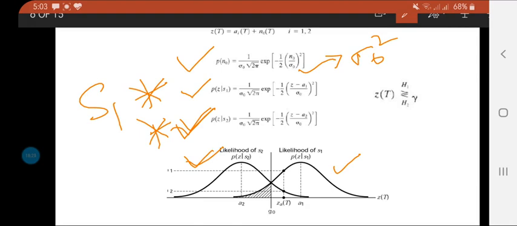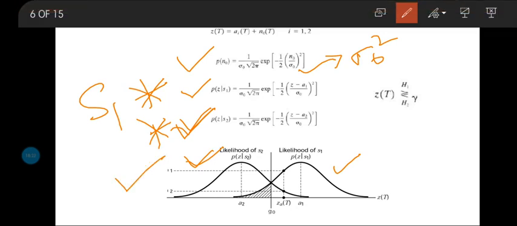All this process for calculation of the probability of the noise, likelihood of S1, likelihood of S2, and then plotting the probability density function, conditional probability values of S1 and S2, all this will fall under our step 1 process, where we are trying to transform the waveform into the samples. And at the second step, we know we are trying to do the decision making.